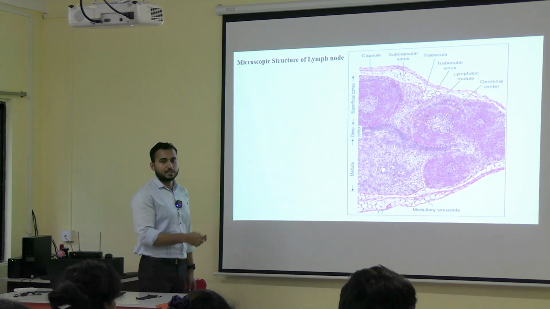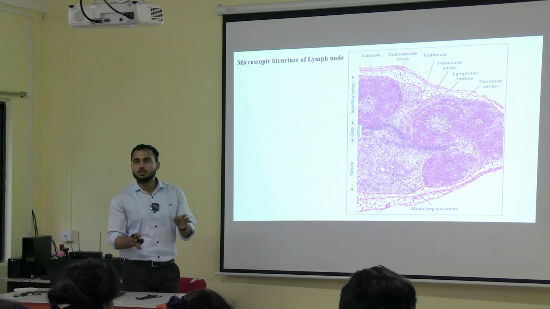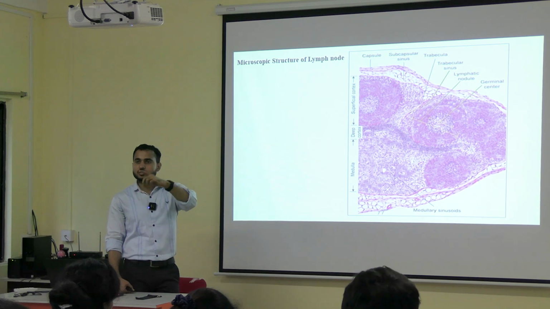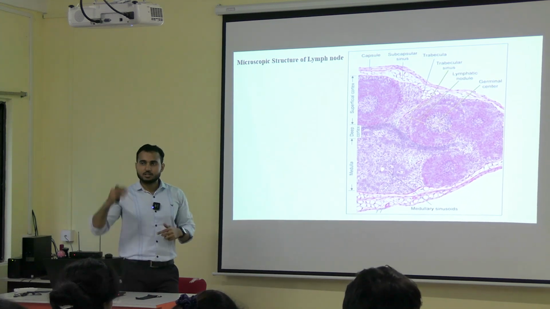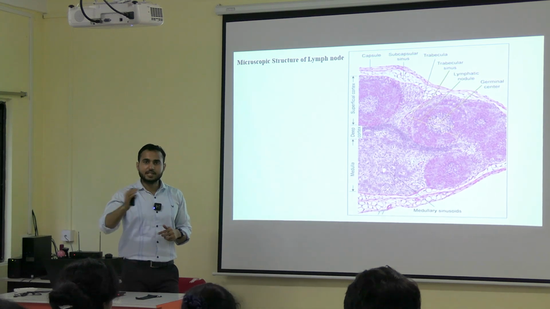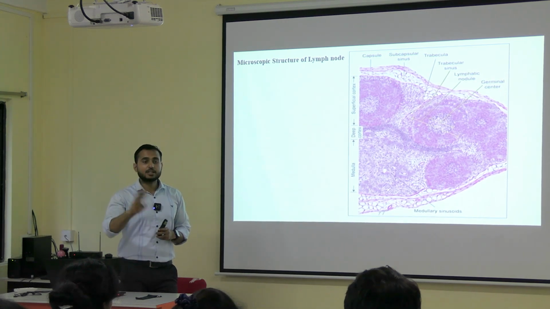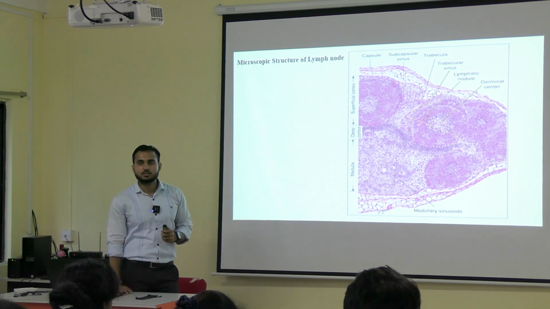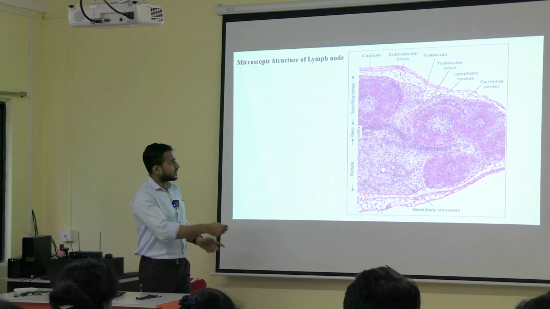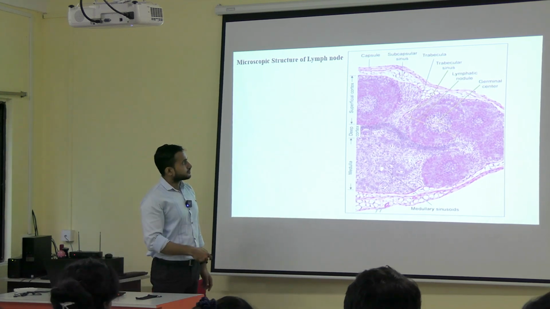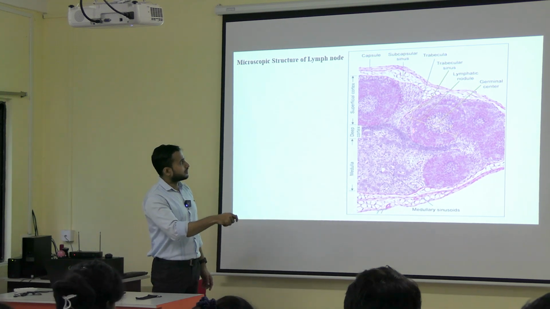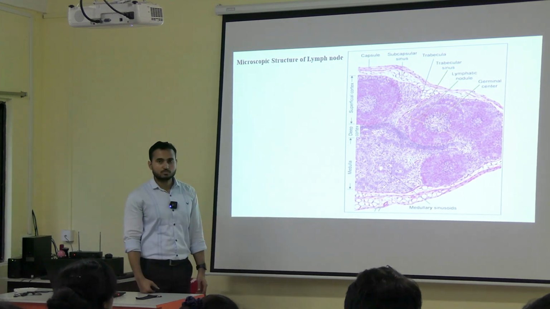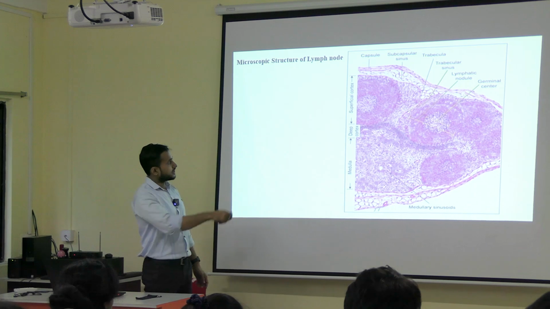Okay. Now the trabeculae, as I said, will divide it into small lobules. If you take one lobule, इसमें 3 part रहता है. First, 2 cortices are there, the outer cortex and the paracortex, and deep to that the medulla is present. What are the differences? What is the difference between the cortex and the medulla? Can you see the difference? Which area is this, and which area is this?